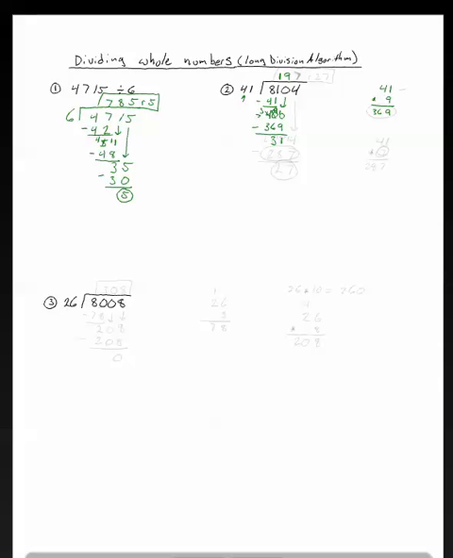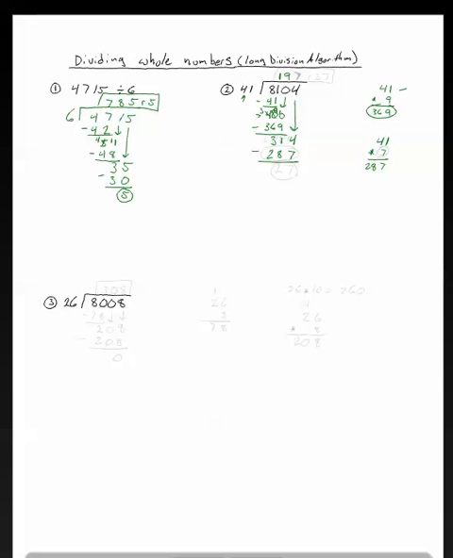So now we're going to bring down our next digit. And we want to know 41 goes into 314 how many times? And once again, this will be a little bit of guess and check. But I already know that 41 times 9 is 369, which is too large. And it seems like it's more than just one too large. So I'm gonna guess 41 times 7. 1 times 7 is 7. 4 times 7 is 28. So we get